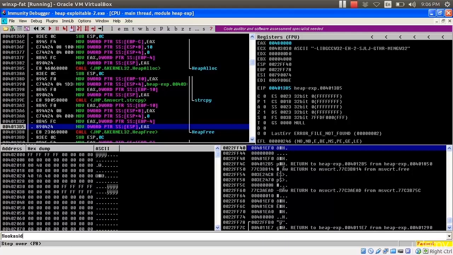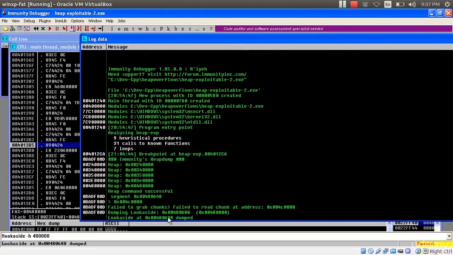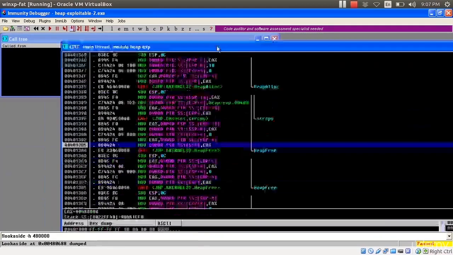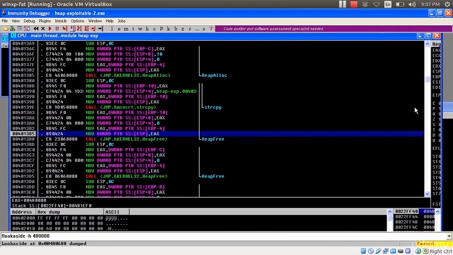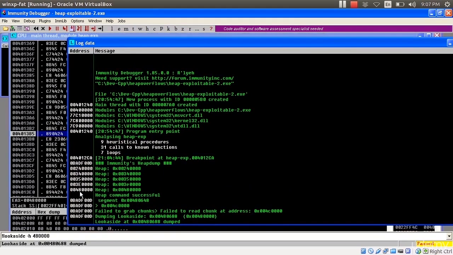So I'm going to say lookaside, and I want to look at the heap at 480000, and it says I've dumped it. So if I look, it's dumped the lookaside, and it says that is at 480688. It seems like there's a bit of a glitch or a bug with Immunity because it doesn't like to bring up that memory a second time. So it seems like it's a one-shot deal on looking at that memory directly. But there are other ways that you can get around this. So take note of this address,